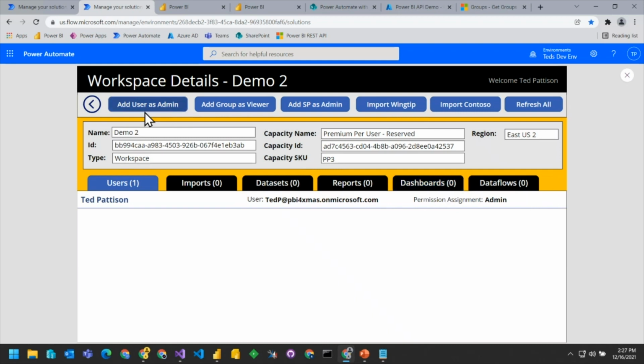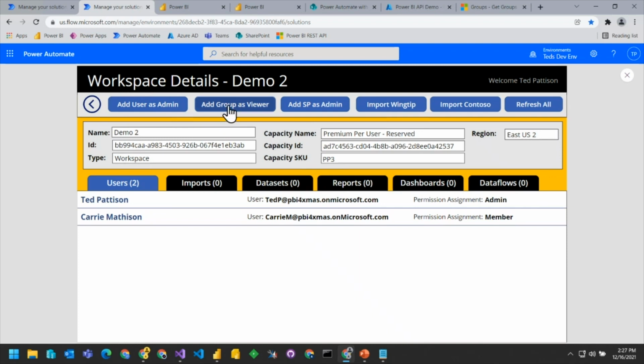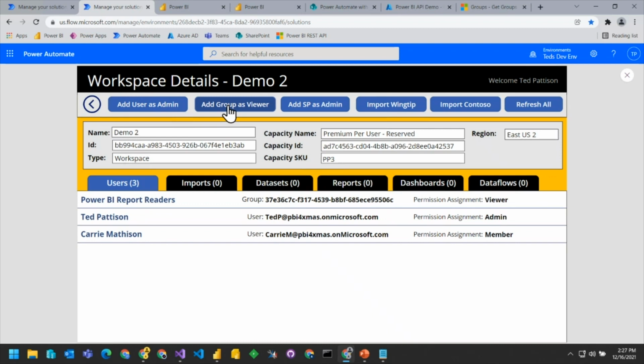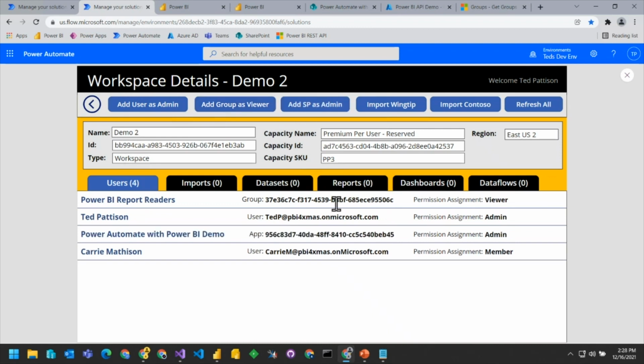Now, let's say that I want to add a user, or I want to go to this workspace I just created and add an Azure AD group as a viewer. Or I want to add a service principal as an admin of the workspace. Why would I want to do that? Maybe because now I have a button. If I click on it, it's going to run a flow that runs as a service principal.